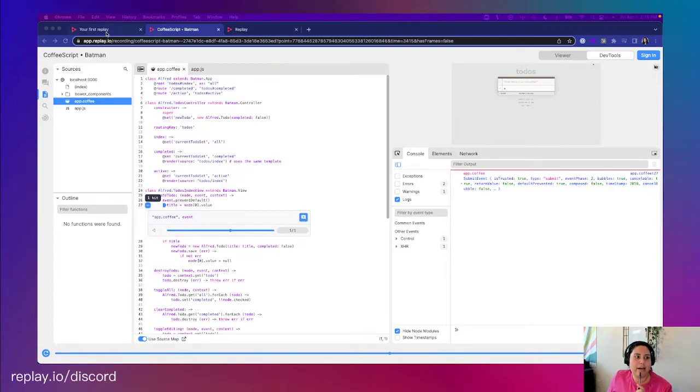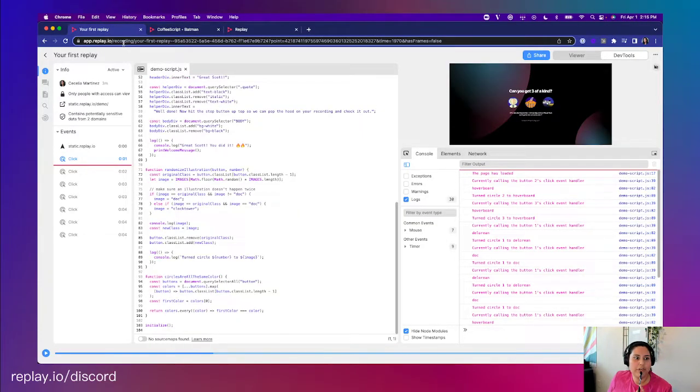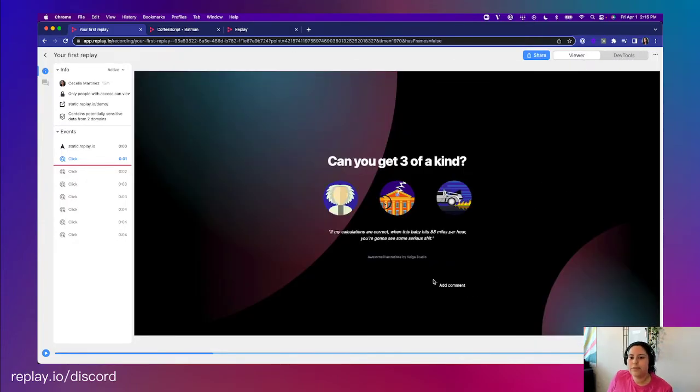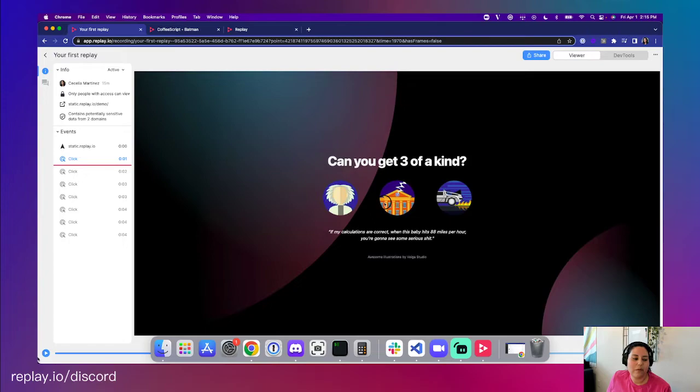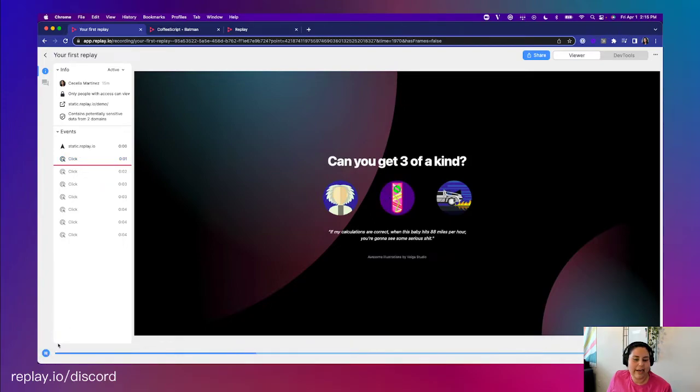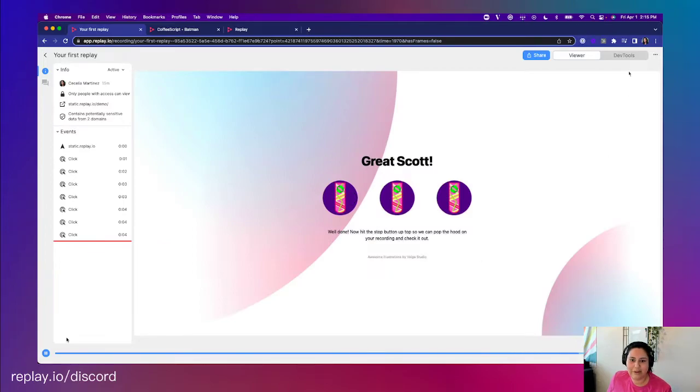And so if I toggle over to this replay, which is just a recording of our demo, if you've used Replay, you've definitely seen this before. It's essentially a game where you match three of a kind, and then when you win, it tells you to stop. So you're prompted to record this every time that you start Replay for the first time to get you used to the interface. So if we go back to DevTools here,